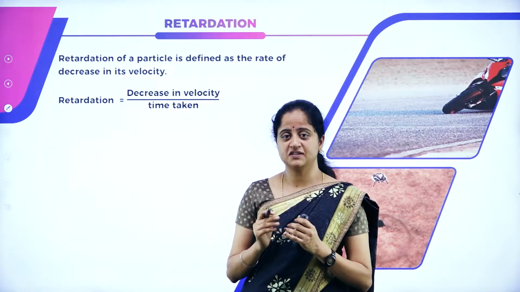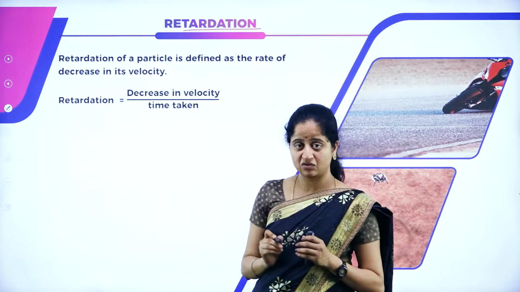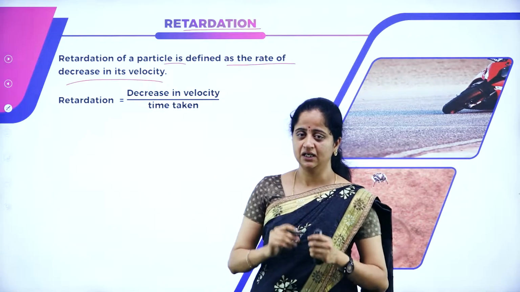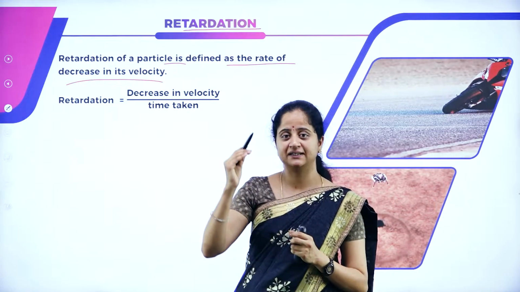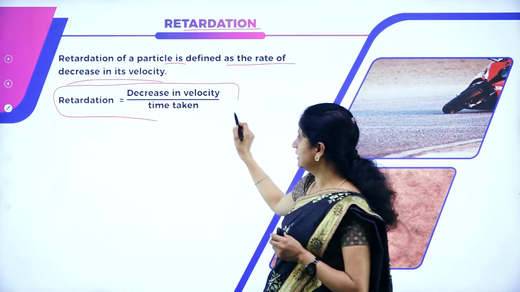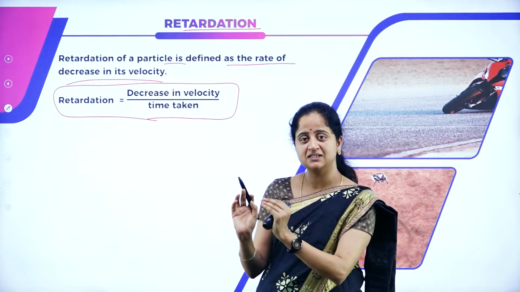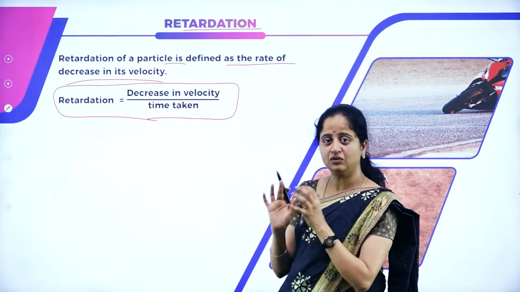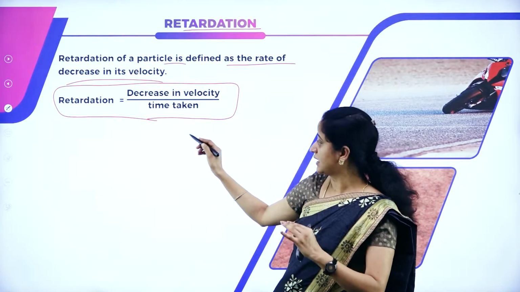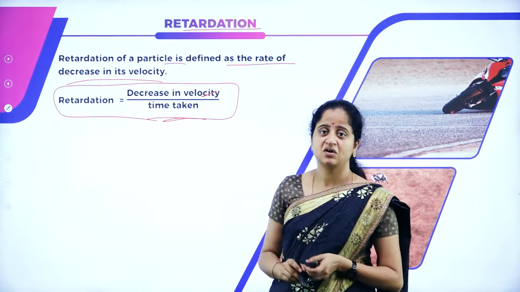We have just understood what is positive acceleration and what is negative acceleration. So let us now see what is retardation and why it is called so. Retardation of a particle is defined as the rate of decrease in its velocity. If the velocity of a body in motion decreases with respect to time, then we call it retardation. The rate of change of some quantity means the quantity is varying with respect to time. So retardation is the velocity decreasing as time passes. The rate of change of velocity means velocity is changing with respect to time, and that is called